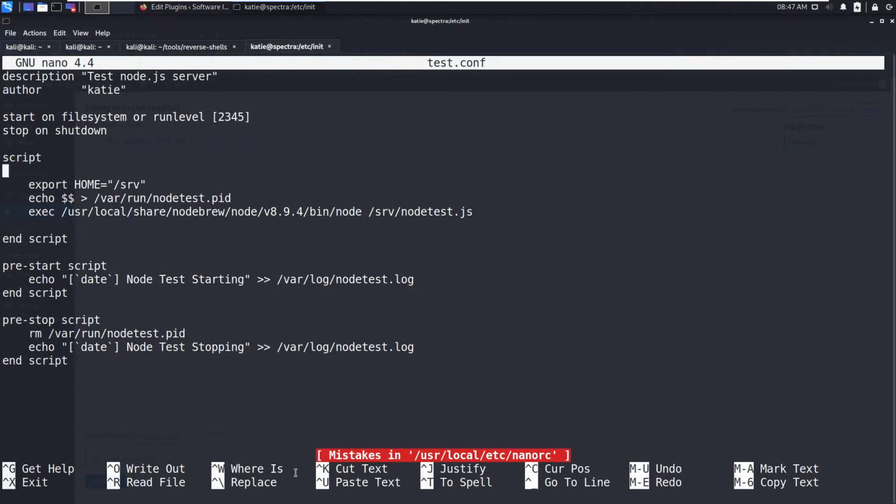This is just a description for the Node.js server. These are the commands. First it's exporting HOME equals /srv, and then it's executing this node JavaScript.